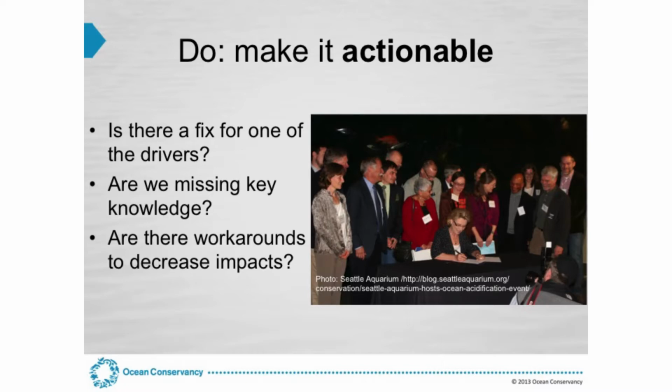This is actually a photo of some of the activities surrounding the Washington State Blue Ribbon Panel, which was convened to address the issue of ocean acidification. It was in part a study panel, and in part a search for solutions. And the group came up with a list of actionable items that the state could pursue to begin to address ocean acidification in the meantime, while other local, regional, and national entities focus on cutting carbon dioxide.